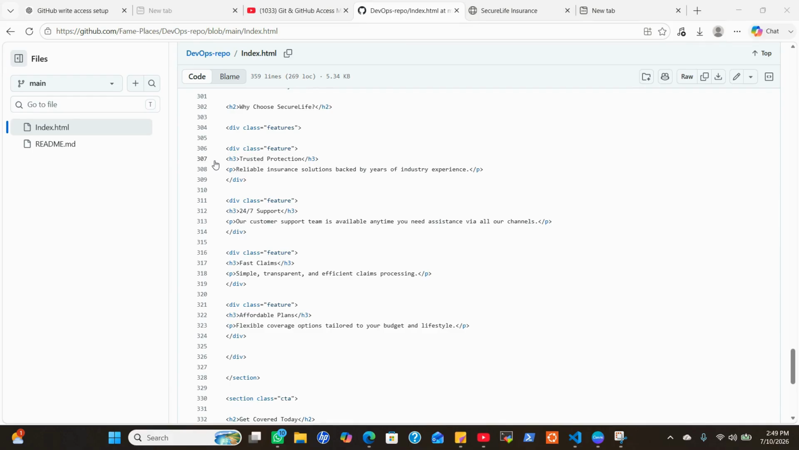In conclusion, this is a summary of managing roles, adding team members, assigning users and others as required on the Git and GitHub platform. And then in the next video I'll be showing